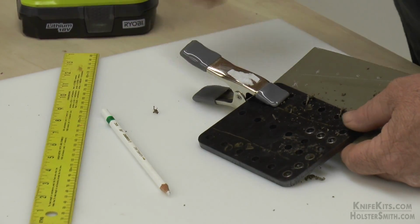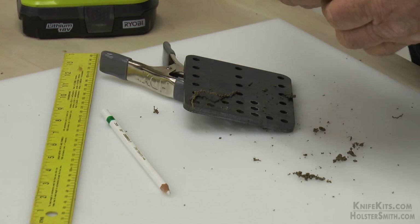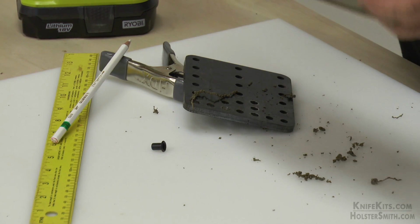All right, so let's take this off and see what that looks like. And anything you got stuck in the hole, you just go ahead and poke it out of there. Won't hurt anything. So there's your...